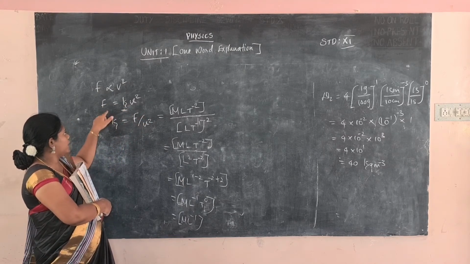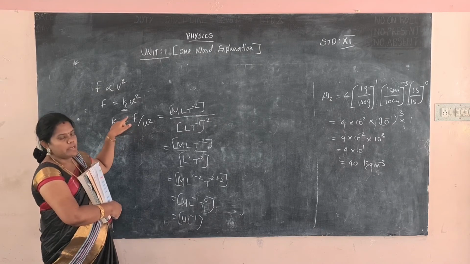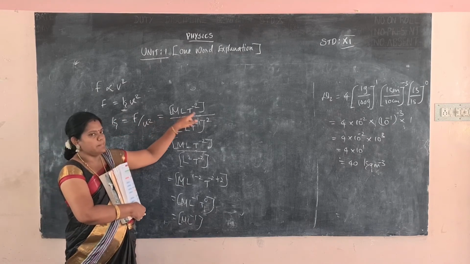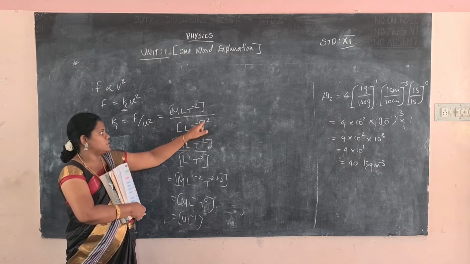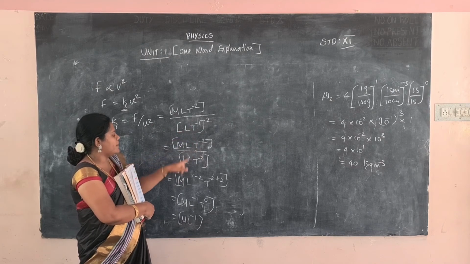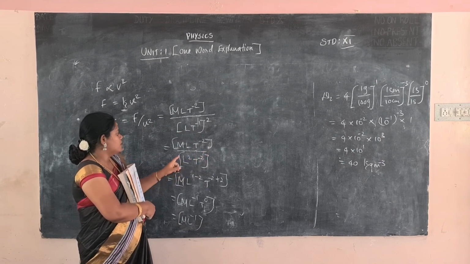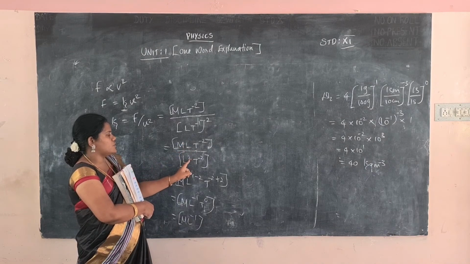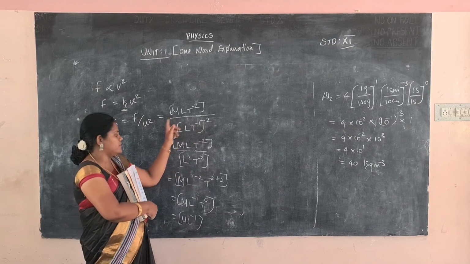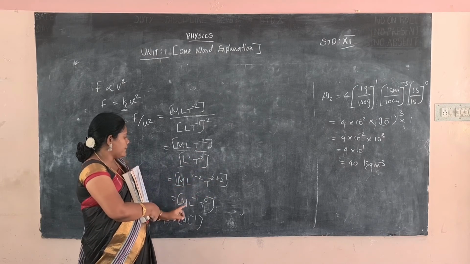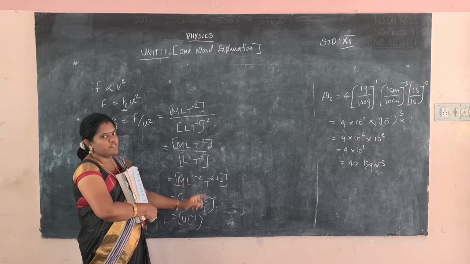So K is equal to F by V square. Substitute the dimension formula for force, substitute the dimension formula for velocity. M L T power minus 2, L T power minus 1 the whole square, and then M L T power minus 2 by L square T power minus 2. Then M L power 1, the power minus 2 in the denominator will go to the numerator, 1 minus 2, T power minus 2 plus 2. Then M L power minus 1 T power 0. This is the final answer.